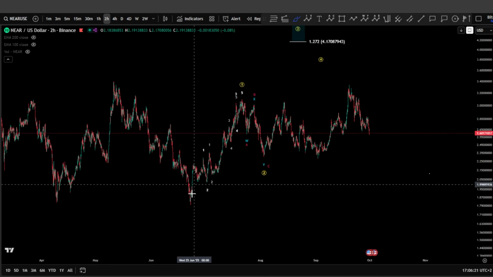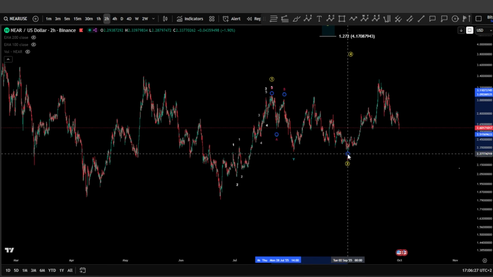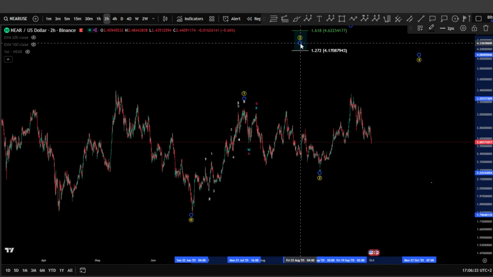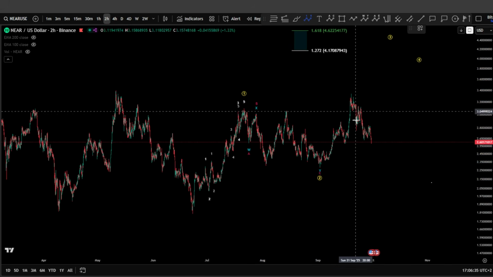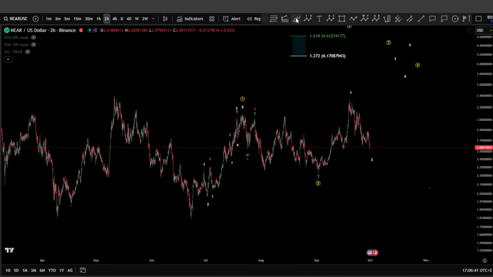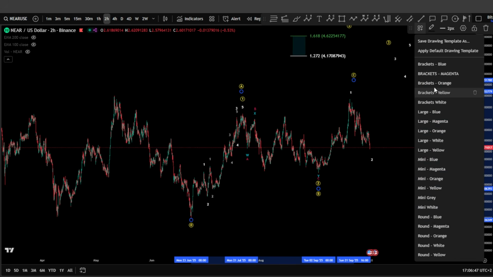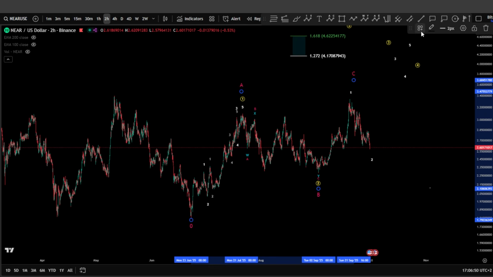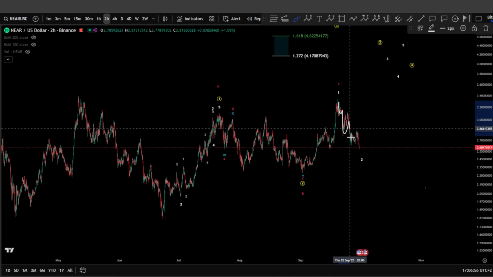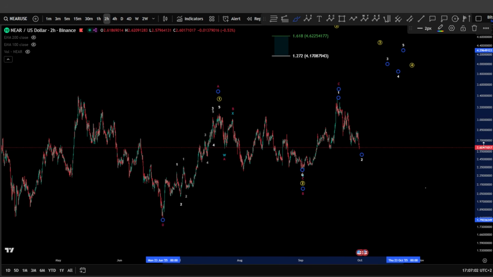Very interesting. So I would say whether you are in a 1, 2 finished over there for NEAR, and we're looking for another 1, 2 again. So it can be the possible scenario here that you are looking at this 1, 2, 3, 4, 5 again, another 1, 2, 3, 4 and a 5, unless this is going to be again ABC and we drop down. Okay, we drop down, and of course with this situation, if we drop down, as we mentioned, it is triple 1-2s. Yeah, 1, 2, 1, 2, 1, 2 wave 3, because we see something very aggressive unfolding right now. We've got to be careful with it.